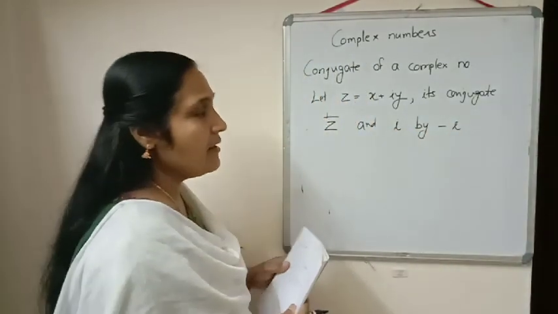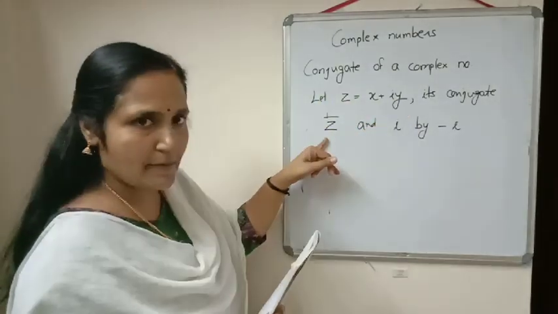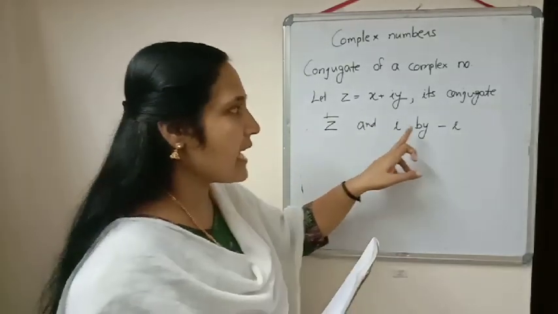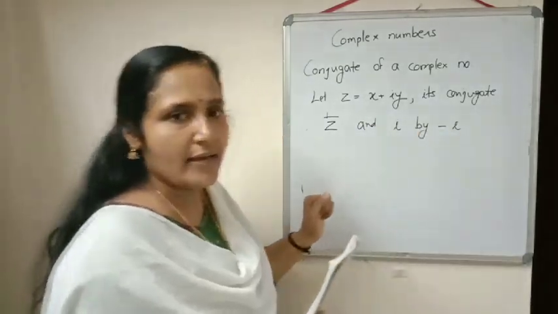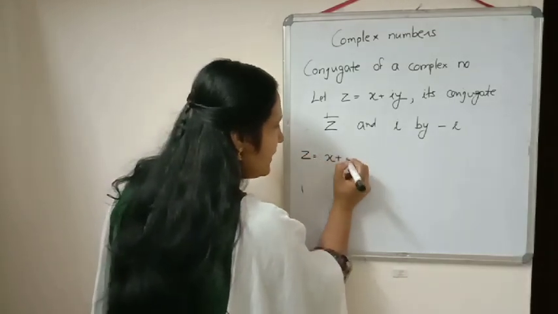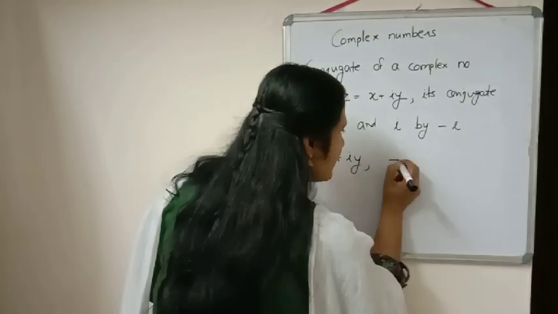So once again, conjugate of a complex number is denoted by z bar and is obtained by replacing i by minus i. So if z is equal to x plus iy is a complex number, then its conjugate z bar will be equal to,